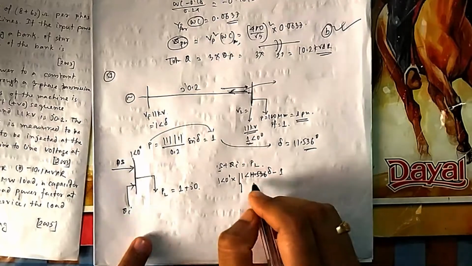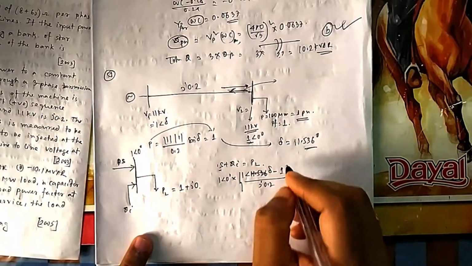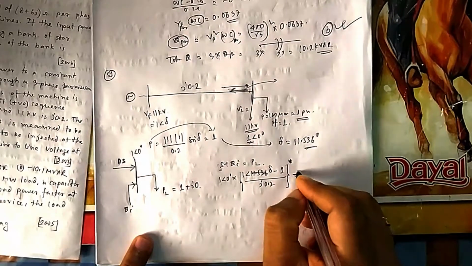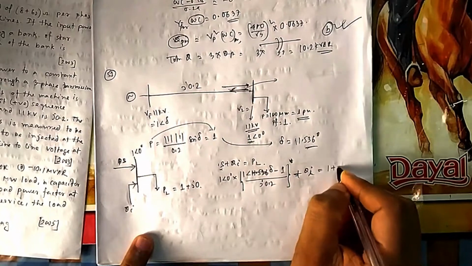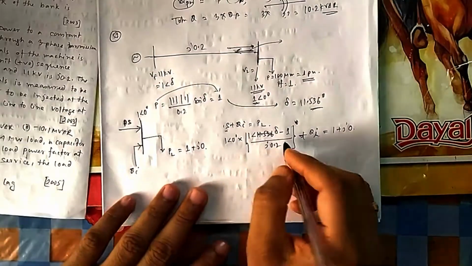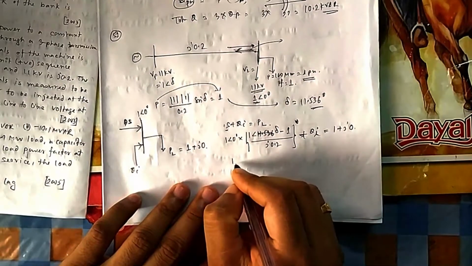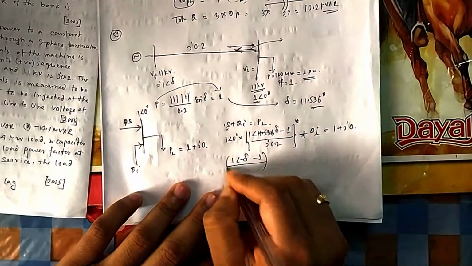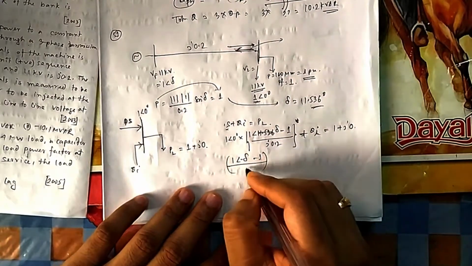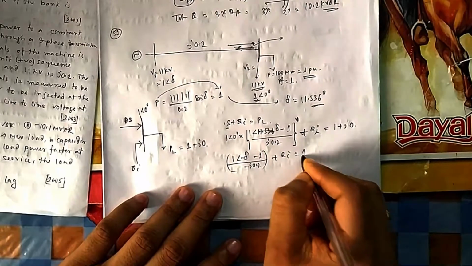Later I will put it minus 1 divided by J.2, that in star VI star plus QI should be equal to PL, that is 1 plus J0. So here it is 1 angle delta is 1 and this will be 1 minus delta because it is star, so minus delta minus 1, and if you take star of this one, so it will be minus J into 0.2 plus QI is equal to 1.